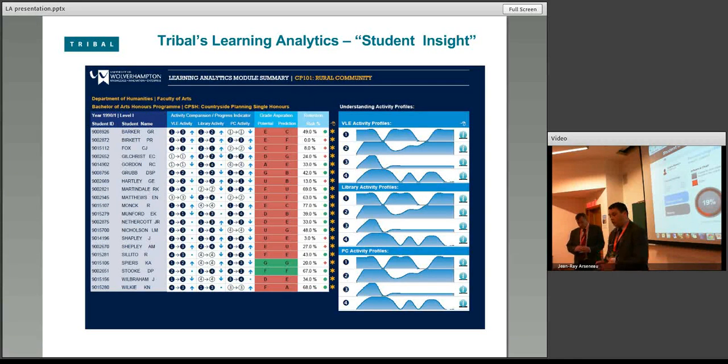What we can also do is view that against students that were previously successful. So once we've gathered a lot of data, put that through the system, we know in one particular area against one particular course, engagement is particularly important. So based on students who have succeeded in that course before, we can benchmark that student against that using our predictive analysis and say how likely, based on trends, that student is likely to fall out or to fail.